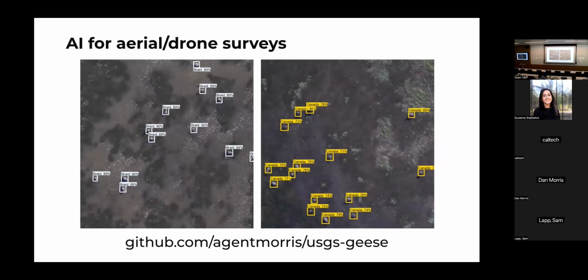Similarly, for aerial and drone surveys, which look really interesting when you look at pictures like this, where somebody flying a plane took a picture of some geese on the ground. But actually somebody flying a plane took pictures of miles and miles of empty landscape, and I picked the interesting ones that have birds on the ground. There's another huge opportunity for AI to help people spend their time on the more difficult tasks, like species classification, which tends to be very difficult in aerial and drone surveys.